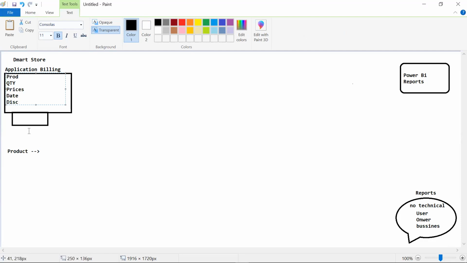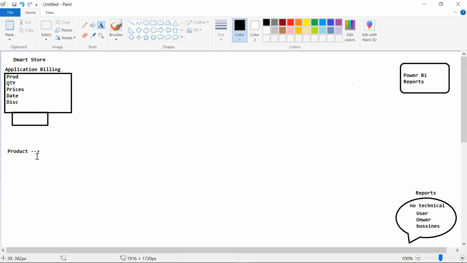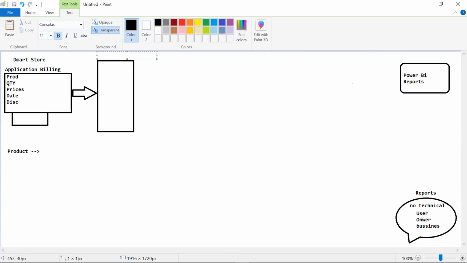All this information will be captured. So which product is sold, all these details will be captured. And this information they will maintain in one server. Whatever they submit, their information will be stored in one live system,